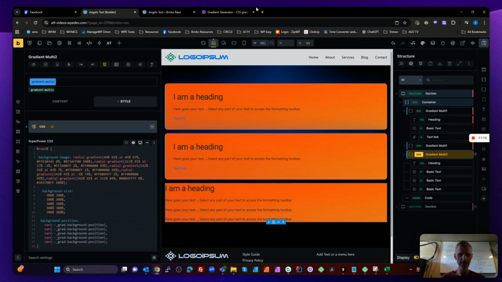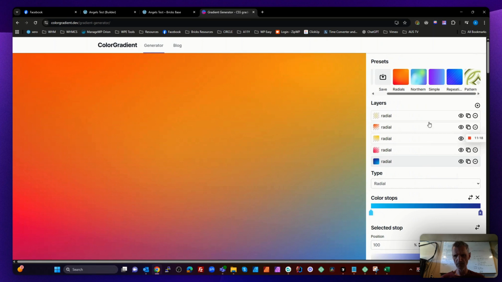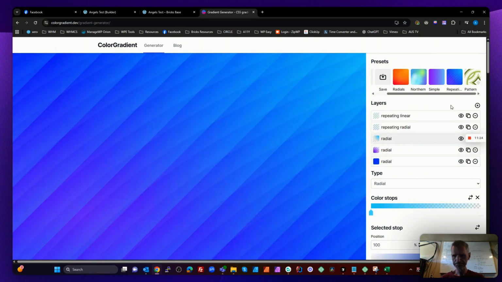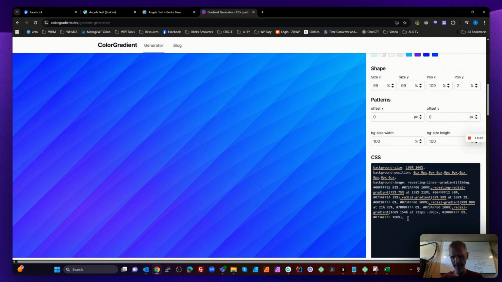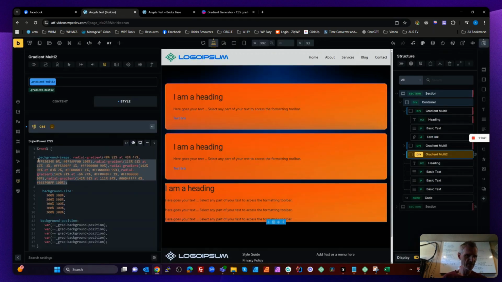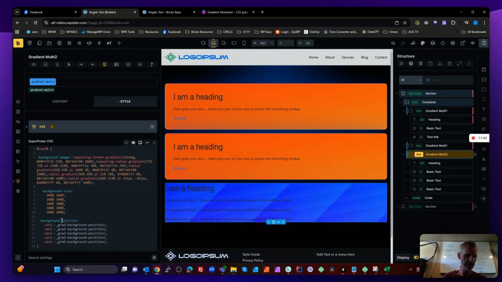Okay. Now let's head over to our gradient generator. And I wish there was a random here. That'd be really good. Let's do this repeating pattern here. That means I've got 1, 2, 3, 4, 5. Same number, so that's great. So what we're going to do now is copy our background image, head over to our test here, and replace that image. We don't have to do anything with these because they already have 300%, 5 of these grad background positions in there. If I just save that and have a look at the front end,